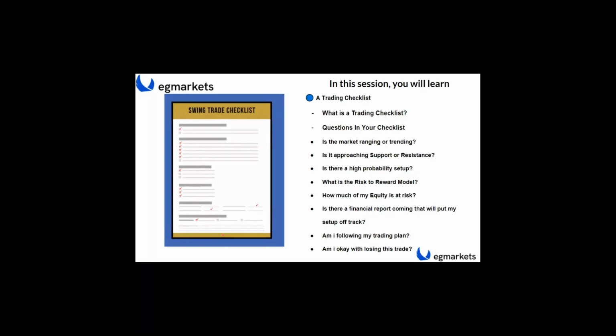Having a trading checklist does not, okay, I want you to understand something. It gives you a step ahead of the market. Yes, it gives you an idea of what the market will do, what the market might be doing. It gives you all of that. But